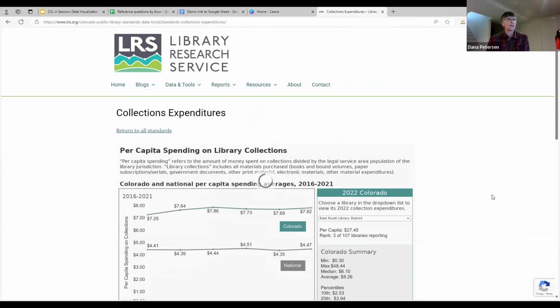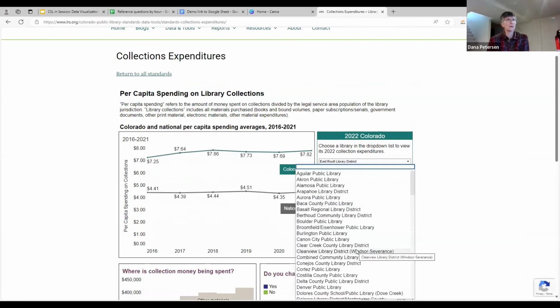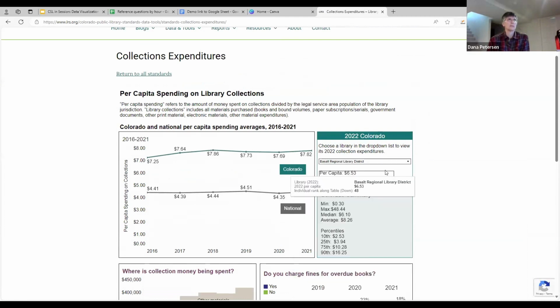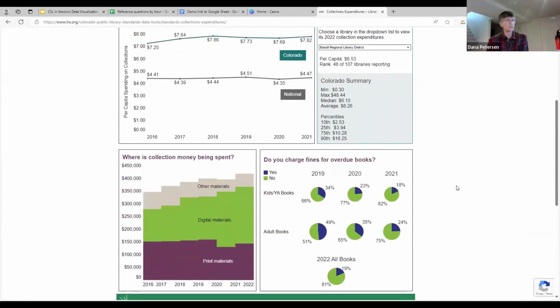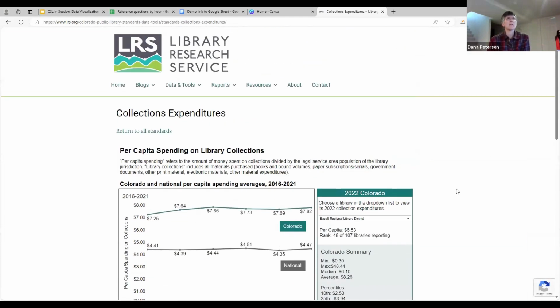For instance, here's per capita spending on library collections, and we've brought in statewide data as well as national data, but you can also narrow down to your own library and take a look at where you stand in relation to people in the state, and some other visualizations, just different ways of parsing and looking at that data.